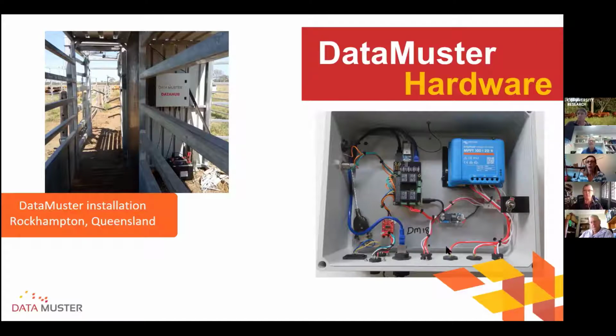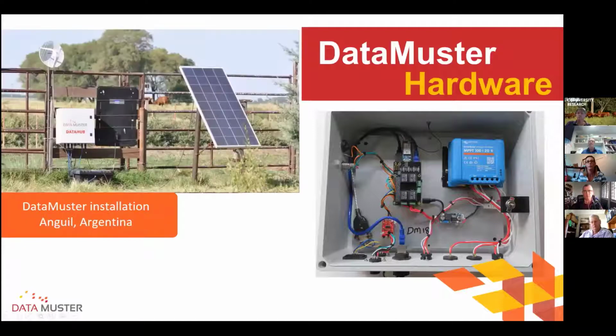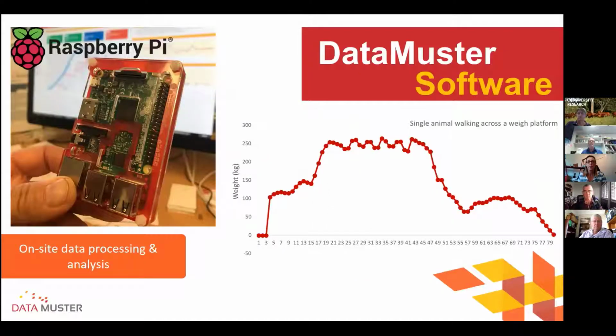The heart of the data hub is this device here, if you can see my mouse on the screen. This is actually a very small computer called a Raspberry Pi. The Raspberry Pi is incredibly powerful and is the major component that allows the data hub to connect to walkover weighing units and is responsible for the automatic capture of the data. In fact, walkover weighing data is collected and processed on the Raspberry Pi in the paddock before it is transmitted